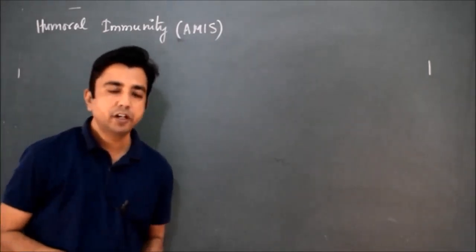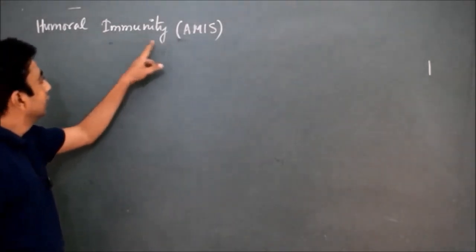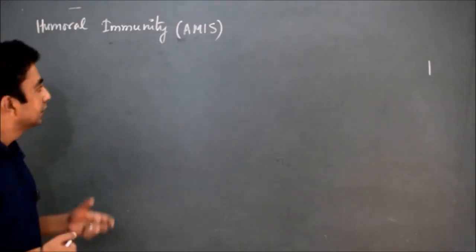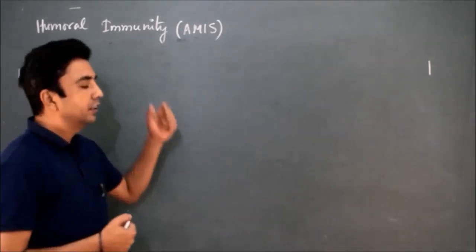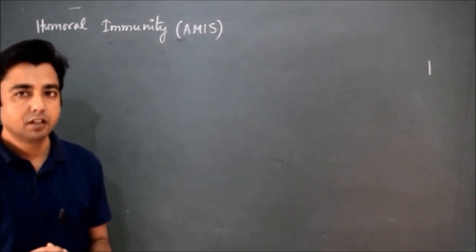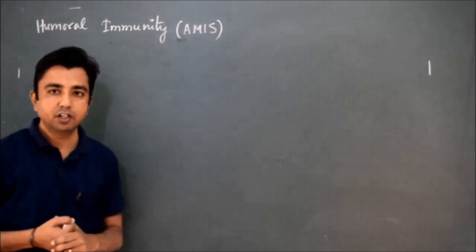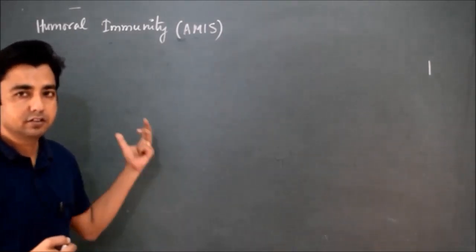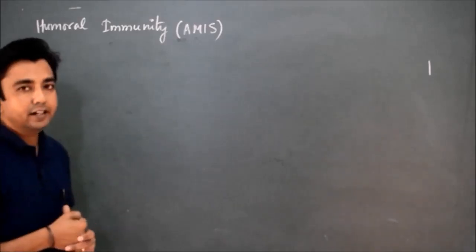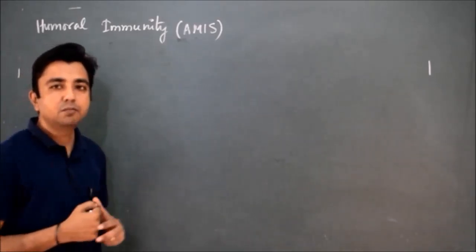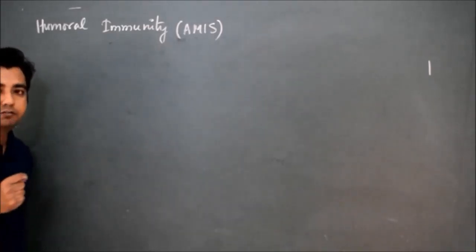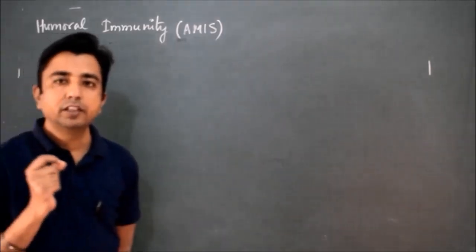So humoral immunity is also called antibody mediated immune system, and as I said, antibodies are present in the body fluids. So how this immune system works, that we will see in this section. The first thing that happens in humoral immunity is the encounter of the pathogen with the antigen